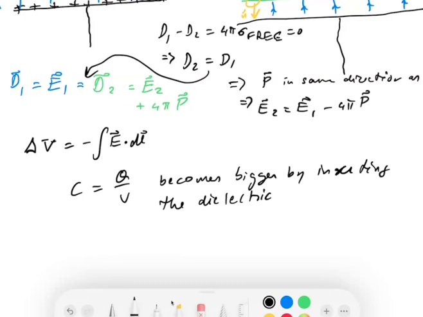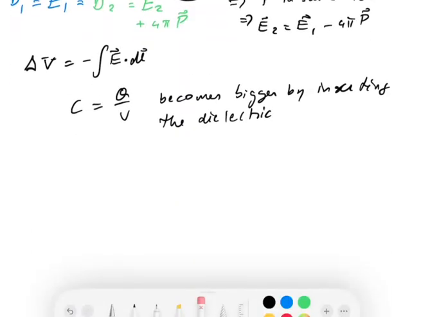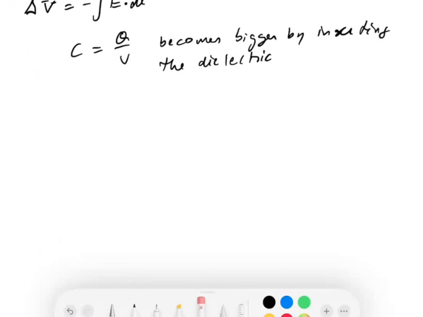And that's, of course, as we know, because if you make a capacitor, you usually want to put a dielectric in between, not only to keep them physically separate, but also to increase the capacitance. So you get the same capacitance for a more compact packaging. Okay. That's with a dielectric. Now, if you put a metal in,